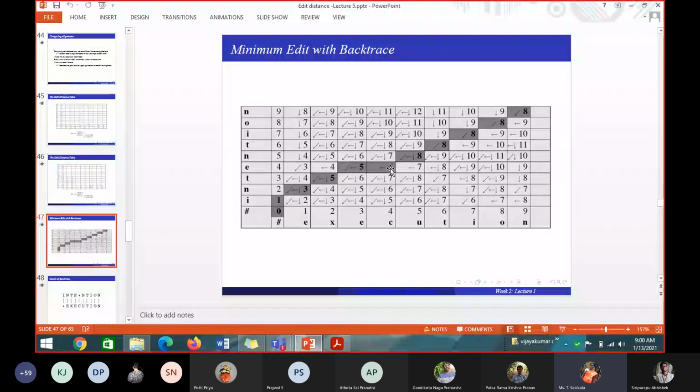So this 6, can you tell me how I got it? Now I am crossing, which one will we consider? C and E. Yes or no? C and E 6, that is the thing we are processing, right? This 6 I have arrived from which one? Left side is 5 plus 1, 6. Down is 7 plus 1, 8. Diagonal is 6 plus 0 or 6 plus 2. Which one do I have to take, students? 6 plus 2.